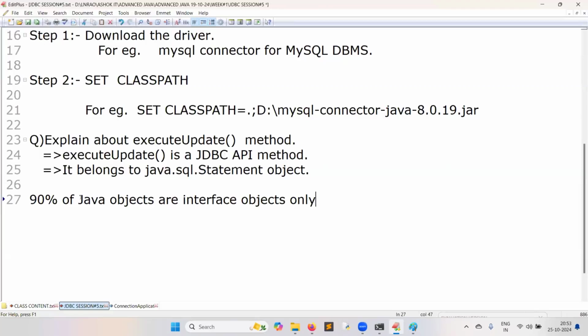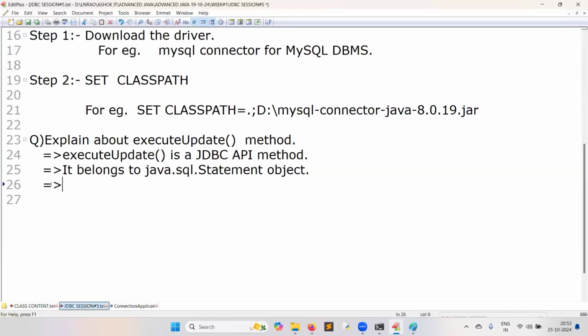When you learn the interfaces concept in core Java, you will enjoy this. But as of now, leave it and don't get confused. Don't ask me doubts regarding interfaces. Once again, the executeUpdate method belongs to which object? Statement object.